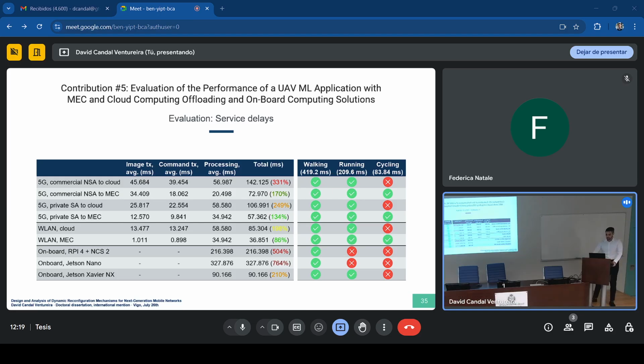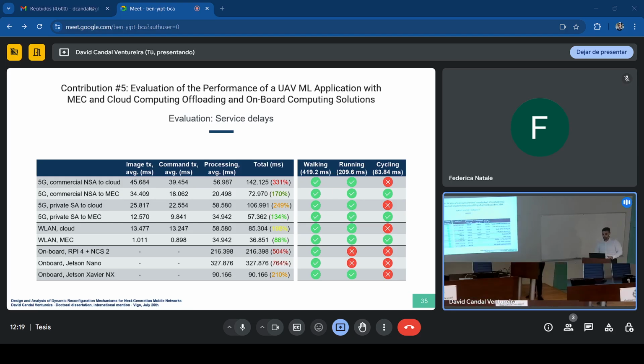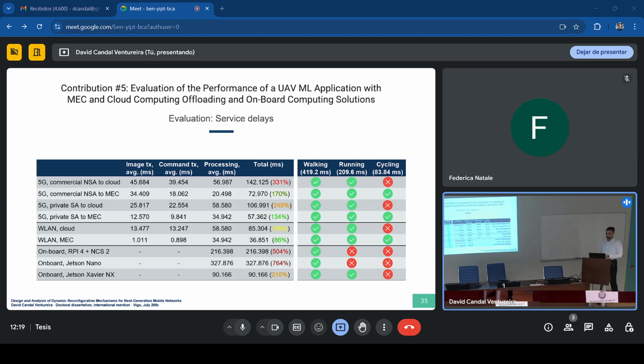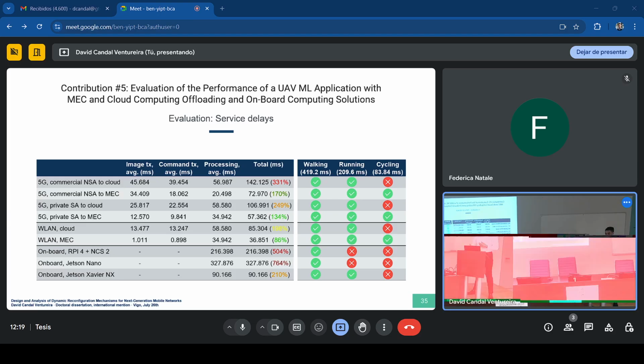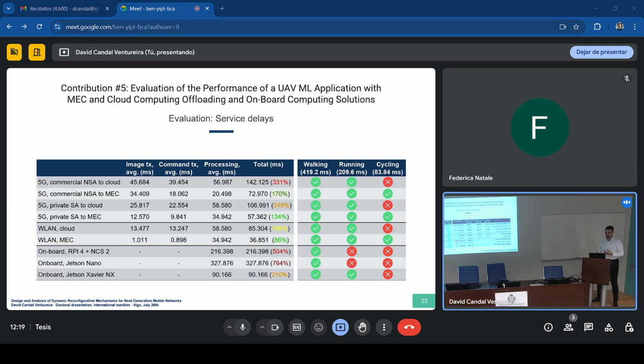At this point, I have mainly focused on the transmission delays, but it is important to also consider the impact of computing delay on the results. In the end, this delay does not depend on whether you use edge computing or cloud computing, but it depends on the characteristics of the computing equipment that you are allocated by the platform.